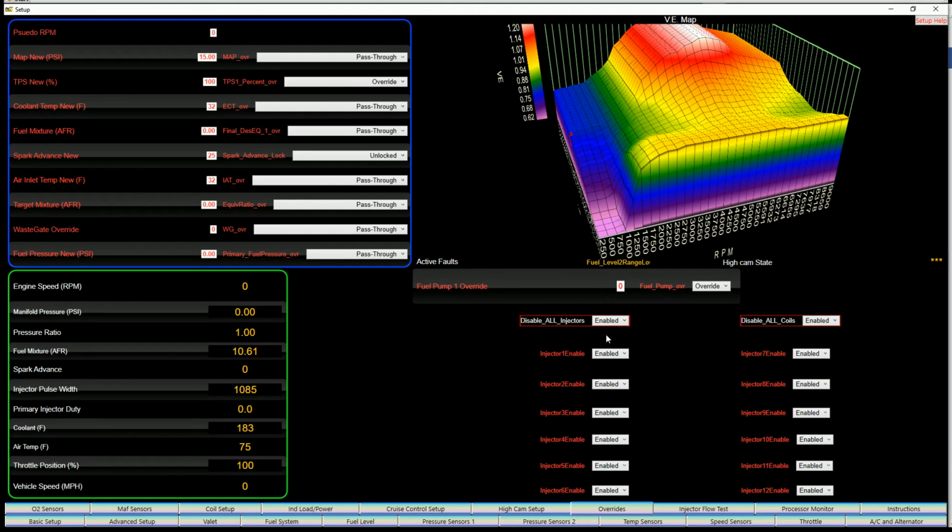Now, if you're testing your injectors, you may want to disable them individually, and then come back and turn one on at a time and make sure that you can hear that injector cycling. So these enable functions would be good for testing the injectors. But let's say we want to test our coils. We're going to disable all the injectors, leave the coils enabled,